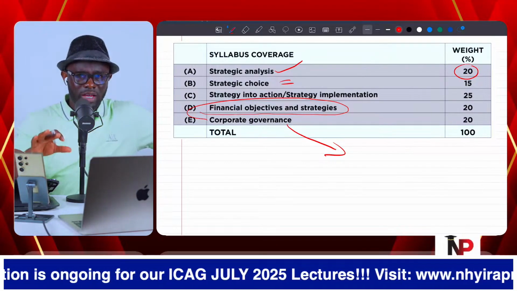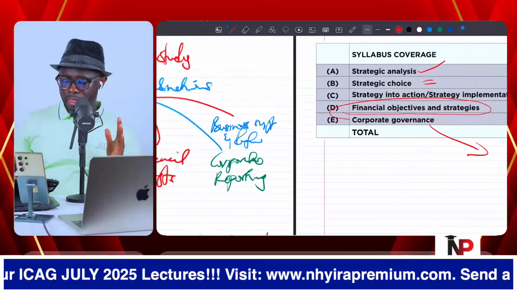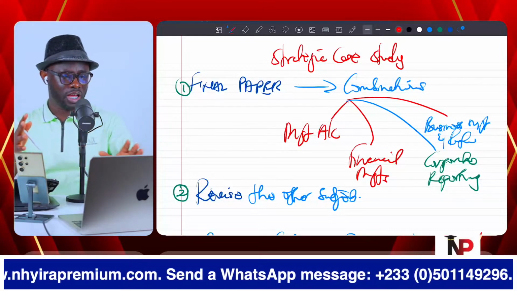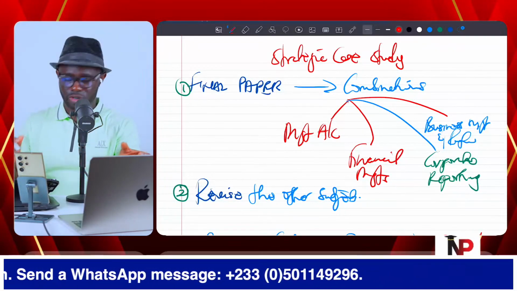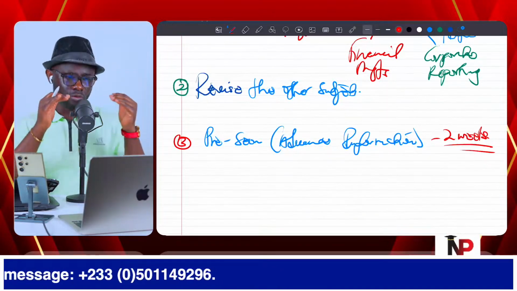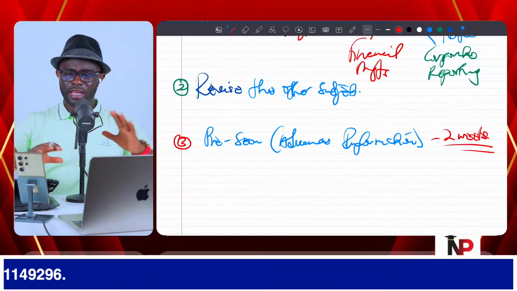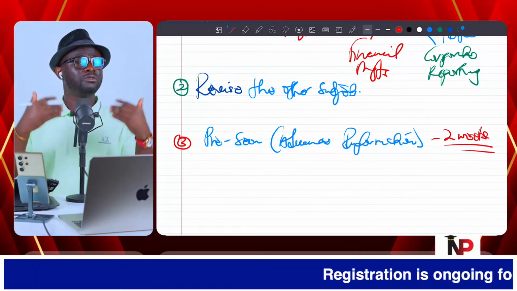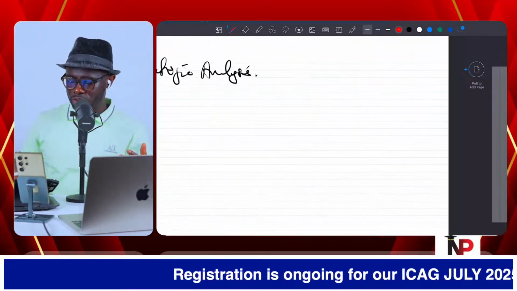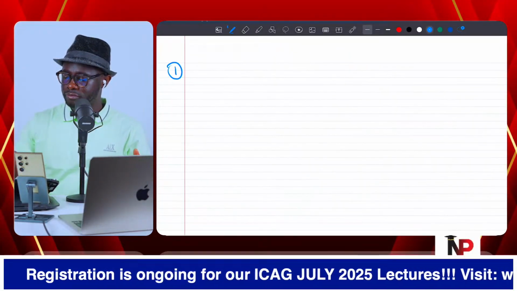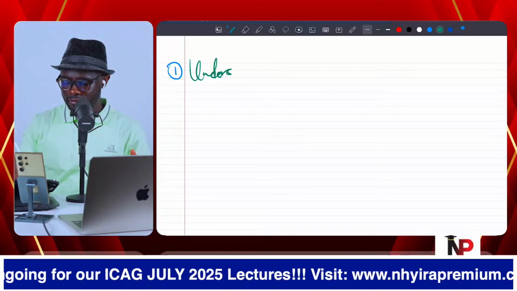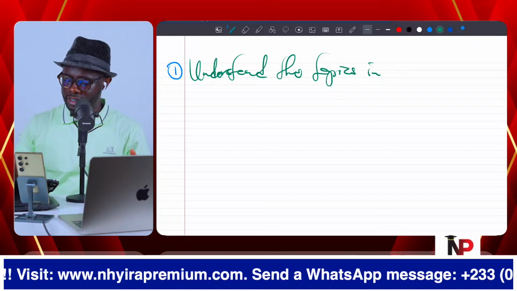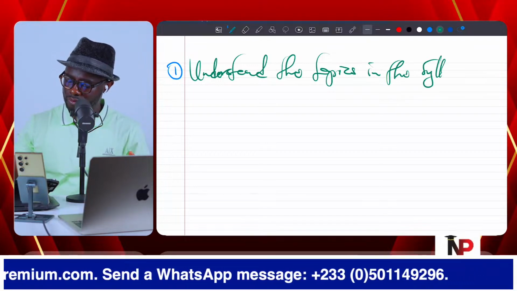And so, as I mentioned, you must know that it's a collection of subjects. You must know that you need to revise the key topics in those subjects. You must know that there will be a precinct. And it's largely going to be a reading issue. And so you have to read. Why is this important? Because number one, you need to understand the topics in the syllabus. That's the first thing.